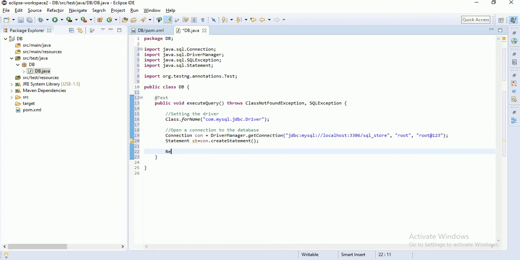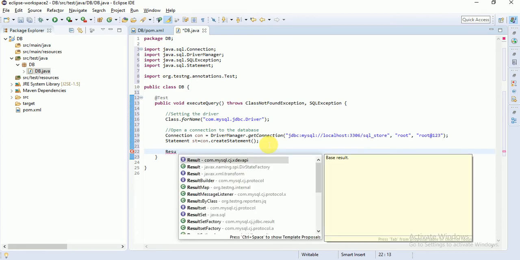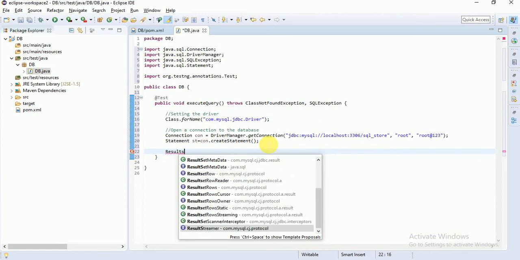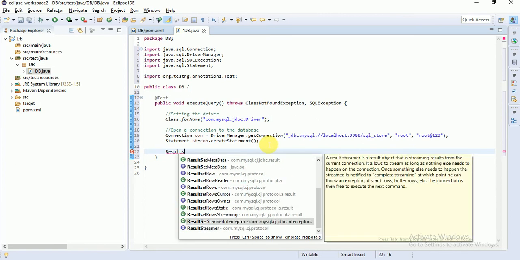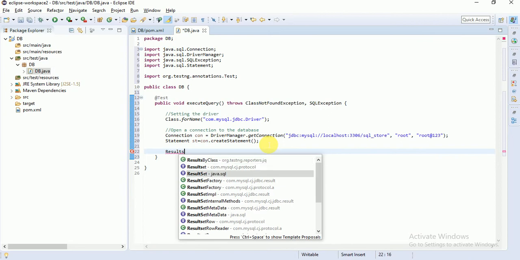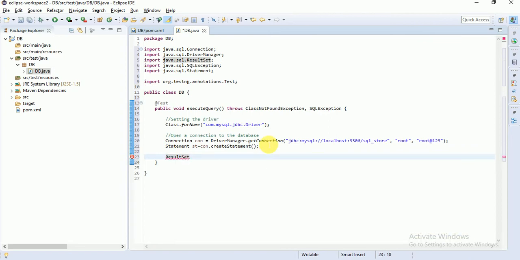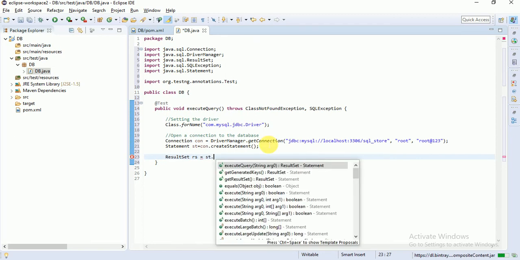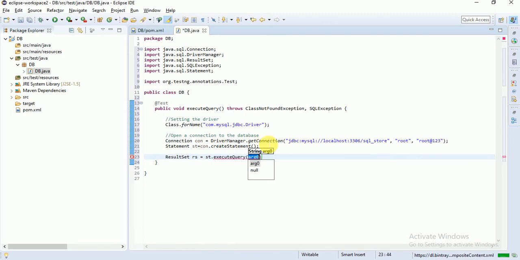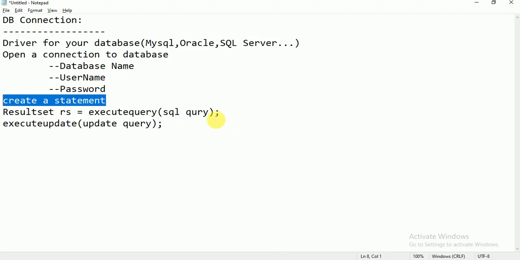As I told you, for storing all the data, where do we need to store it? In the ResultSet. I have taken rs equal to statement.executeQuery. Which query do we want to execute now?